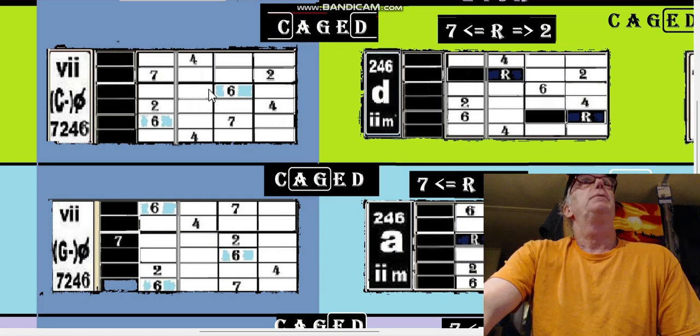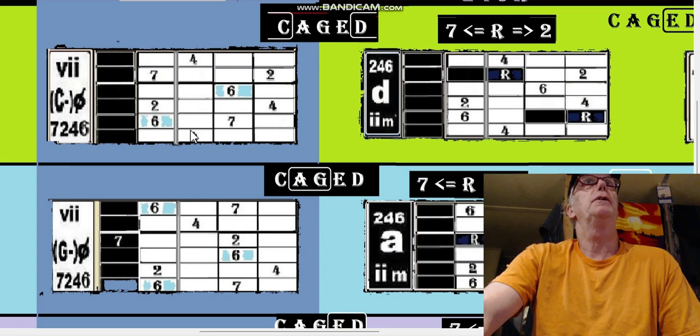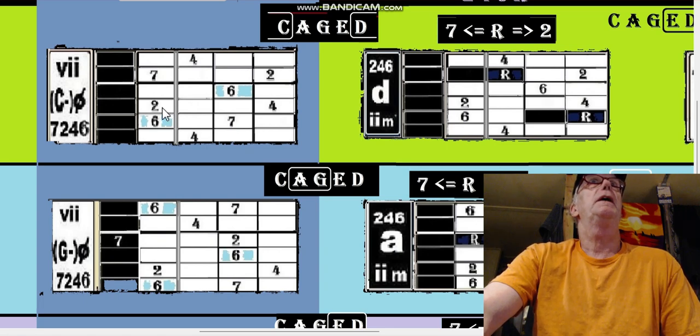C shape, 4, 7, 2. Okay, and that's your basic kind of C minor shape diminished chord, because we've dropped the 4 down here, but it'd be a C minor shape, which would have been 4 sharp, 7, then 2, and then we might have some sunken notes there. So that's why we make it